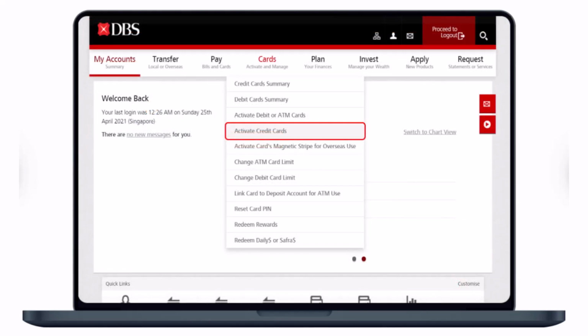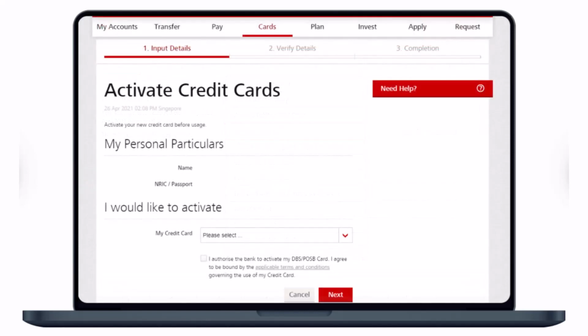Now at the very top of the menu bar, you need to hover your mouse over the card section, and under the card section you enable all these mega menu and pop-up menu options. You just need to tap on the option that says activate credit card, so just go ahead and click on that. Once you click on activate credit card, again you will see this kind of interface where you have to